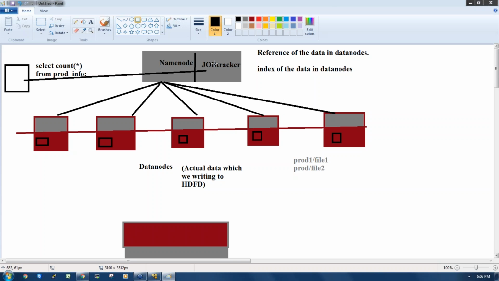So the job tracker is one process which takes the request from the client, and then it goes to the name node. In the name node, it will identify, because the name node contains the index of the data in the data nodes. So the file which the client wants to run, the job tracker locates the reference in the data nodes. Then the job tracker comes to that particular data node, and it will assign the job to the task tracker. Then the task tracker will execute the job and give the output back to the job tracker. Then the job tracker submits the output back to the client. So this is how a user query is going to be processed.